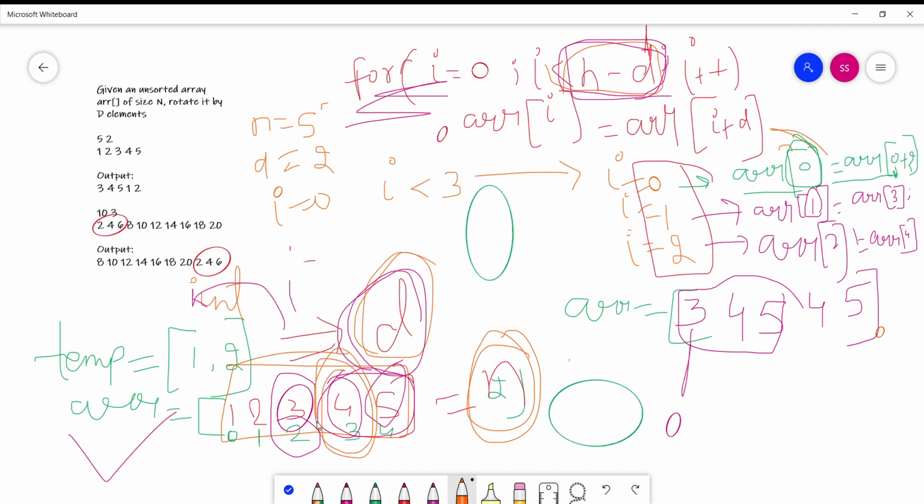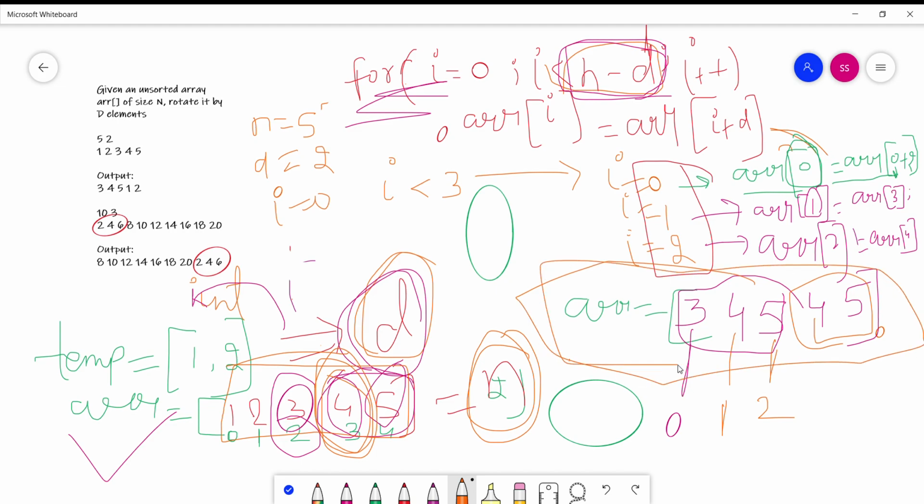Initially the index of 4 is 3, but after rotation the 4 is shifted left by 2 elements, so the index becomes 1, and similarly the index of 5 becomes 2. But the values at index 3 and 4 are unchanged, because I have not traversed the loop till the value of n, I have traversed the loop till n minus d. So now our original array becomes 3 4 5 4 5.